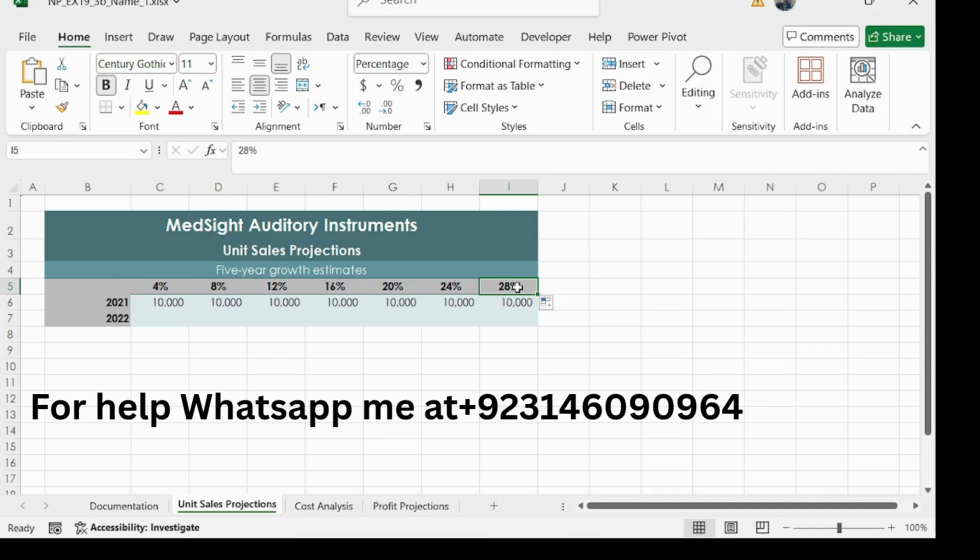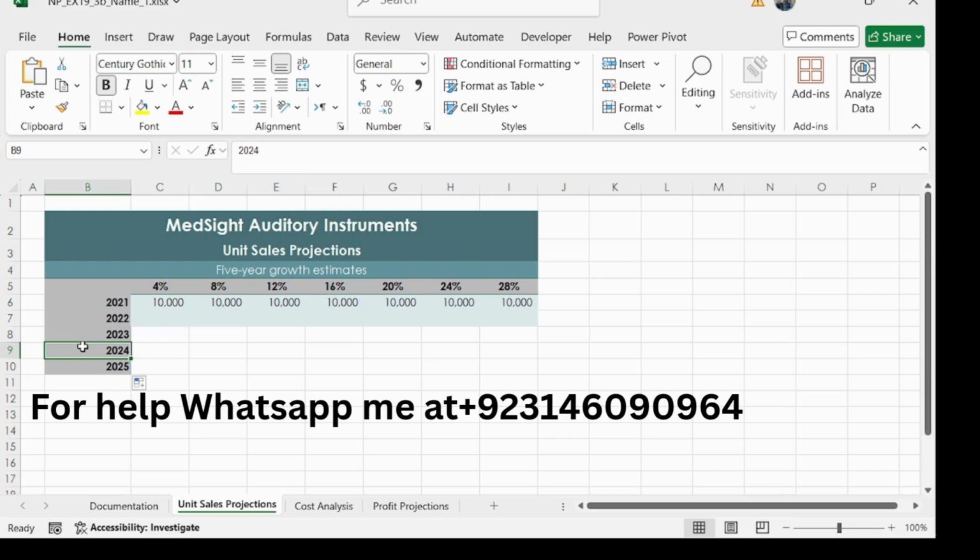So we have completed one step here, and our step number 2 is use the formatting in the range B6. So select the range B6 to B7, then drag to B10 like this. So we have completed two steps here, and our step number 3 is use autofill to fill the range.